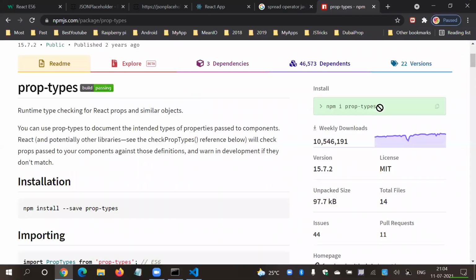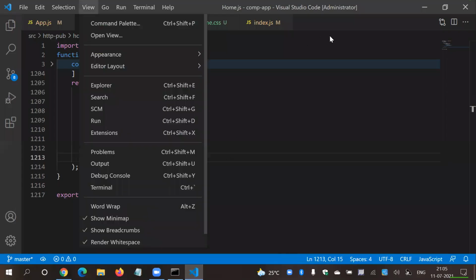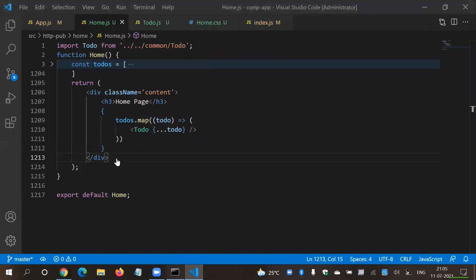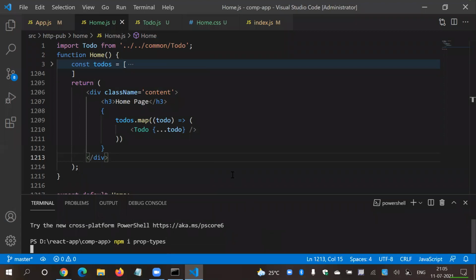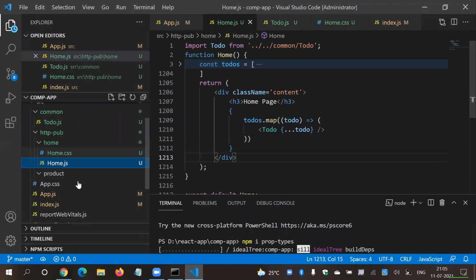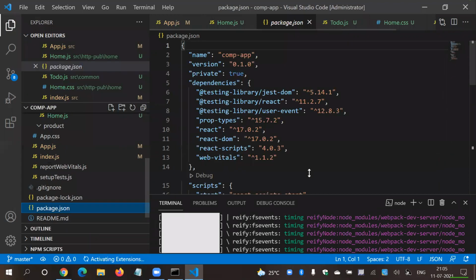So guys, just remember this name, prop types. Copy this. Oh my God, we have only 7 minutes, but no worry, it will take only 3 minutes. My command prompt is already busy, so I'm going to use my terminal and simply run npm install prop-types, and that's it. Once this part is done, you will find an entry inside your package.json. Here we got prop types, and that's it.